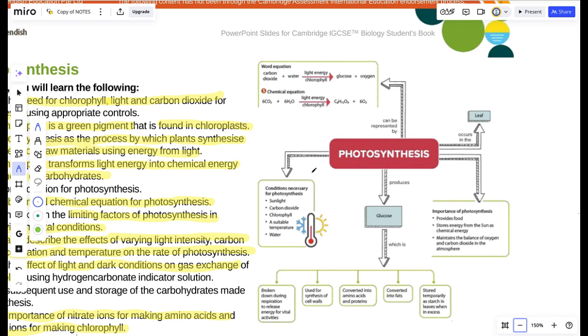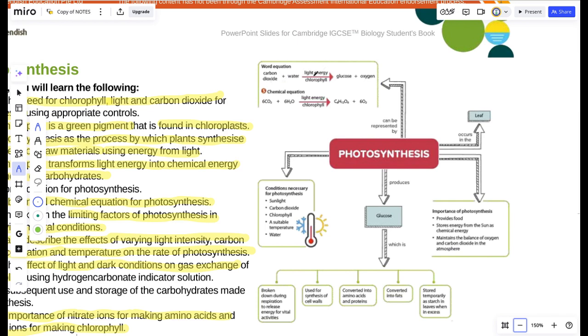We're going to look at the internal structure of the leaf. The palisade layer contains the chloroplast, and the chloroplast contains the green pigment, which is the chlorophyll that traps the sunlight energy. Once the sunlight energy is there, it activates the reaction between carbon dioxide and water, meaning it causes them to react. Without this energy, these two will just be looking at themselves. They will not react. So the carbon dioxide and the water will react in the presence of this sunlight energy